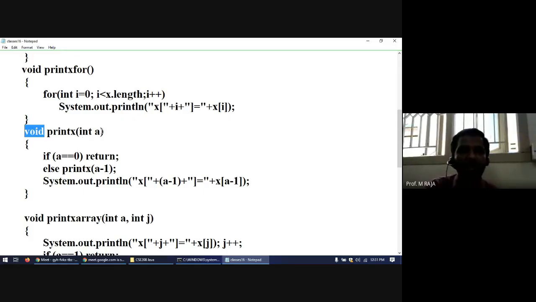When the actual parameter a becomes 0, then the formal parameter a becomes 0. The value to be returned is nothing. Simply control is returned. Here, what is a actually? We are traversing the indices. Array indices are traversed. When the array index becomes 0, we are returning the value,